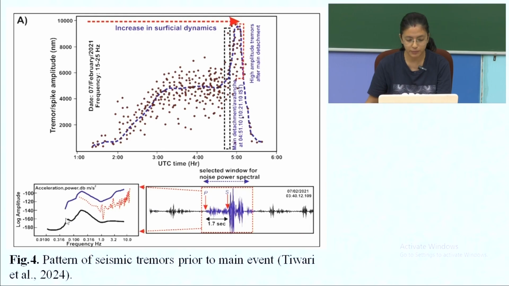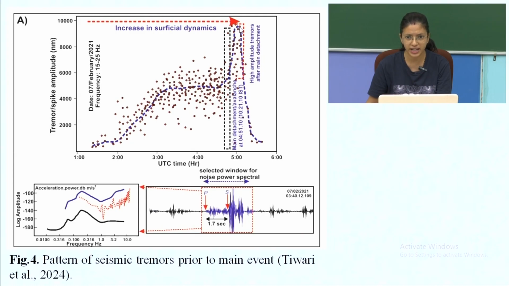This is the log amplitude and frequency map. This shows that the data fits perfectly in this log amplitude. You can also see P and S waves, which are basically associated with earthquake data, but here we have found P and S waves because prior to the main event, minor cracks had initiated at a depth of approximately 200 meters, which makes it a subsurface event. Also, there was a spike in the tremors before the main detachment, that is at this point that the main avalanche hit.